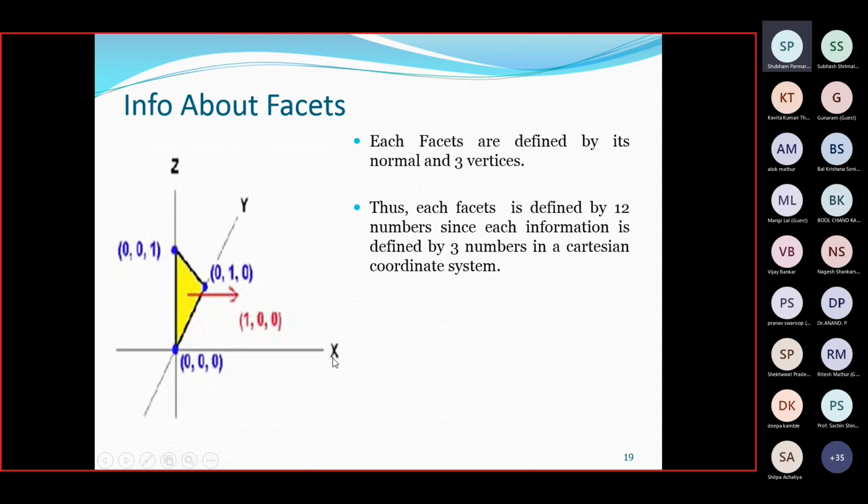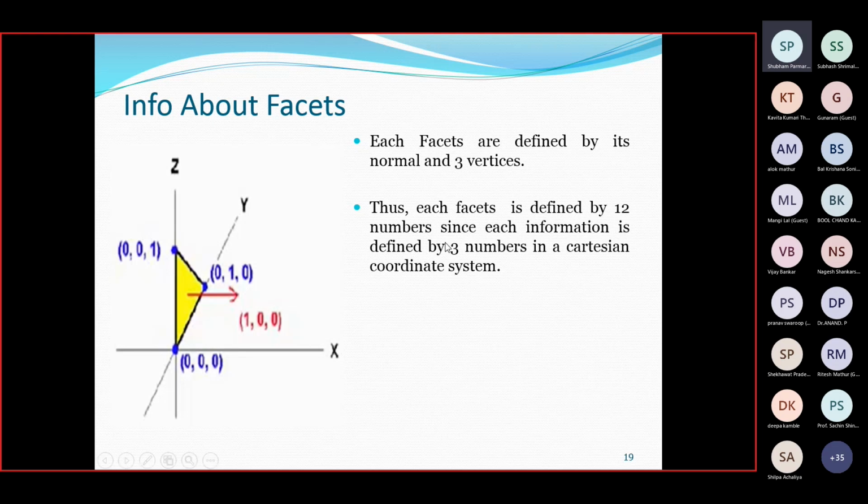So for z and x-axis also you have three values, and it is facing outwards, not inwards to the object. The surface will always face outwards, and that is the normal. What we have written here in red is known as the normal. We will see what the use of the normal is, what the three vertices are that we have to provide for each and every triangle, and how you can code.